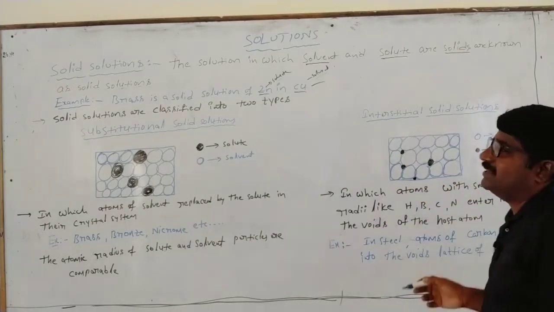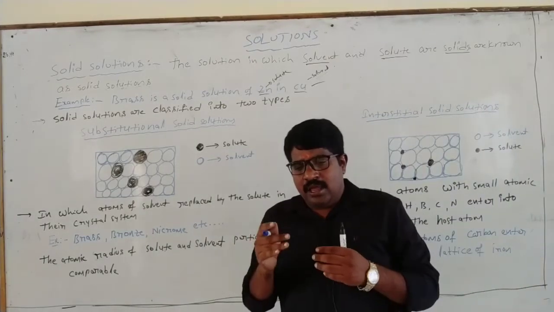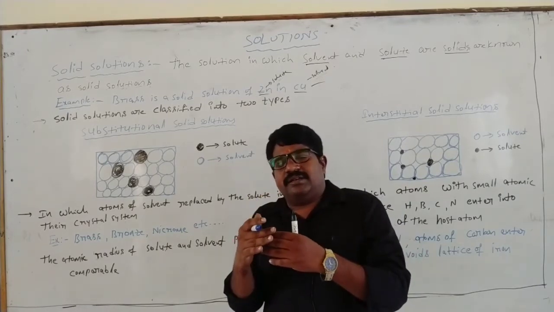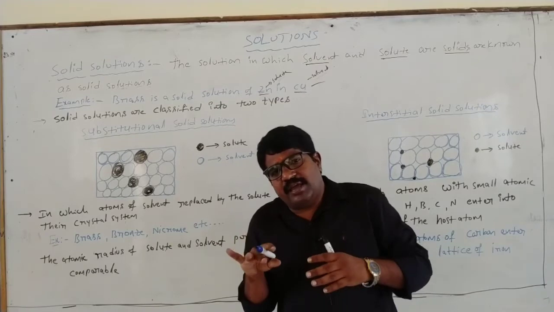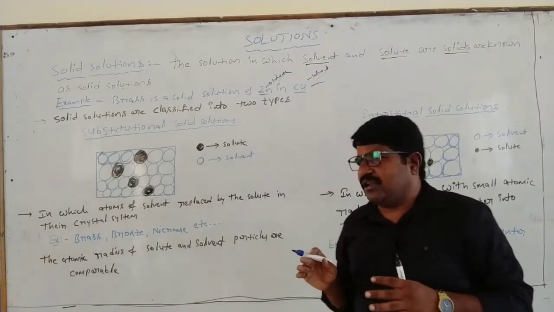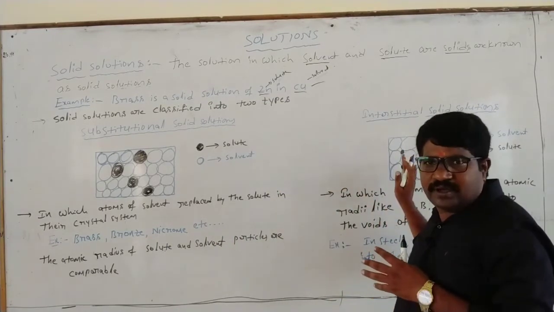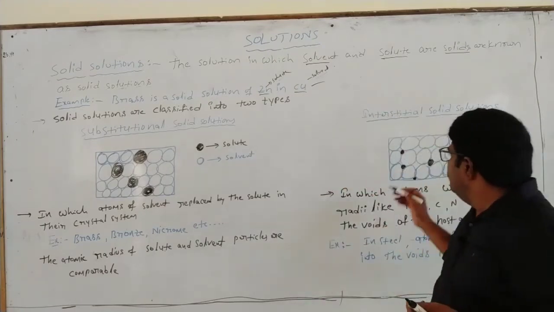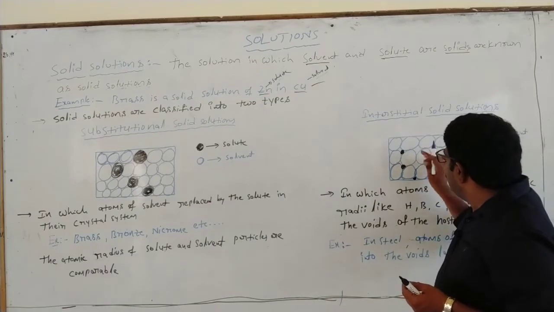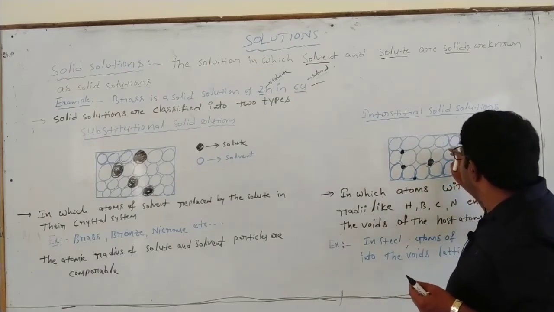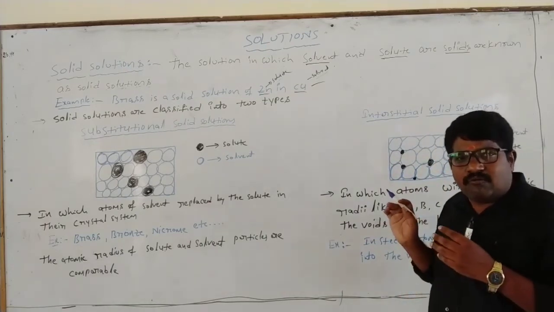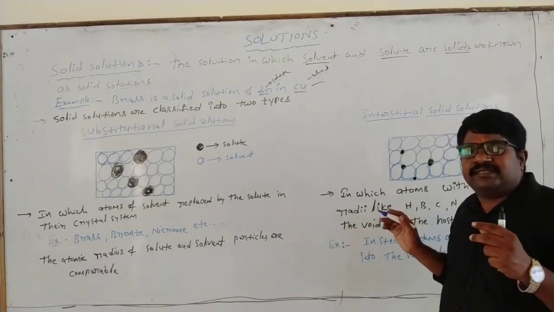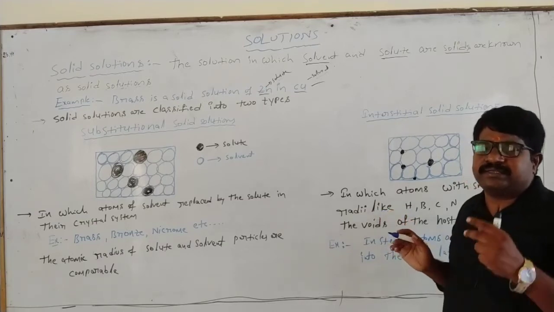Interstitial solid solution. Interstitial means in between two layers, interstitial sites or positions. Sometimes we call them voids, though voids is not quite the suitable word, since voids means holes. Between these two layers they form some holes. This is one hole, this is one hole, this is one hole. That is voids or holes, but the exact word is interstitial place or site.